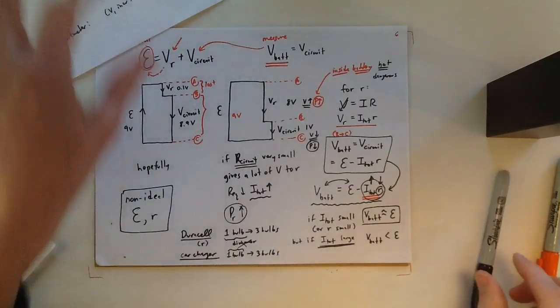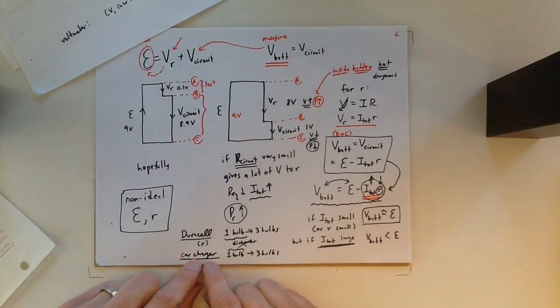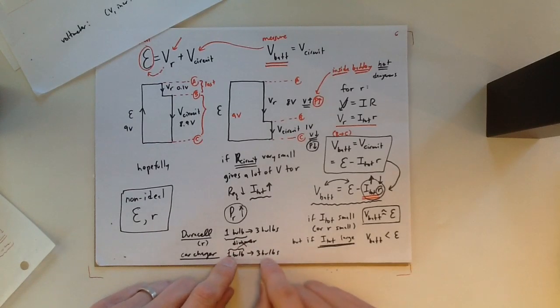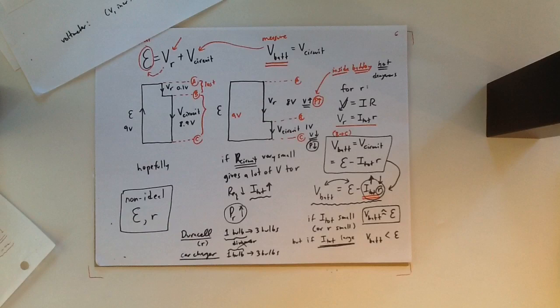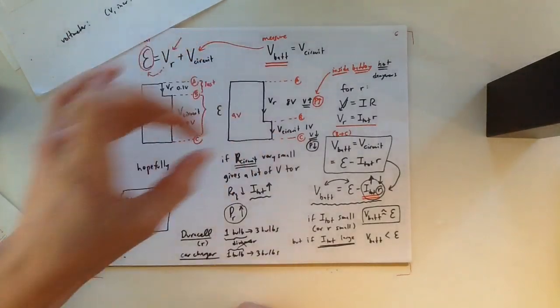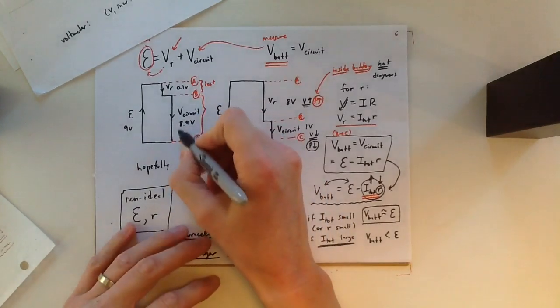So that's part of teaching. Sometimes you just try to simplify the situation as much as possible so that you can learn something, and then later on you can say, well, it's not quite like that. And by the way, even for car chargers, I can sort of sweep this effect under the rug. You don't see the first bulb dimming when I add more in parallel. But even then, if you start to go up to much higher currents, like they're actually used in cars, you can see this effect. So an example would be, and this is one of your homework problems, this circuit